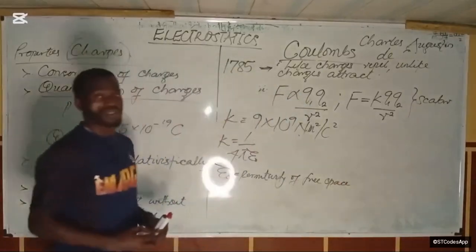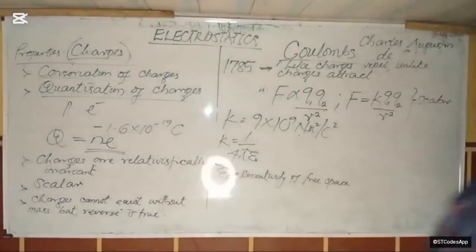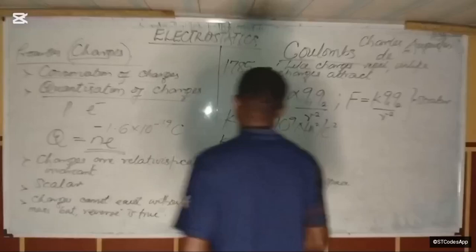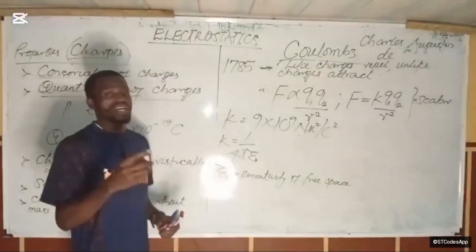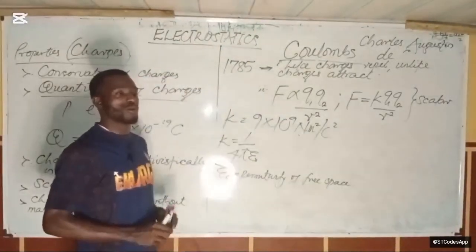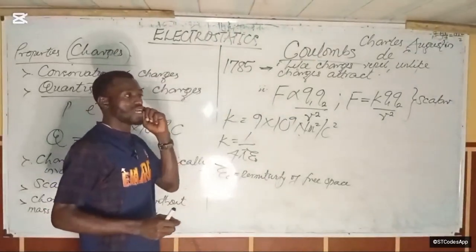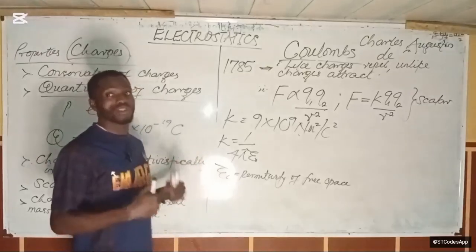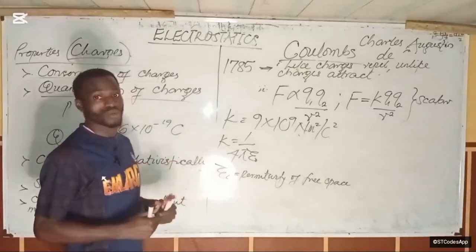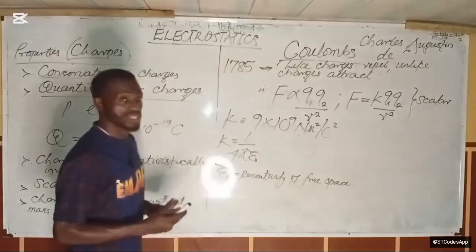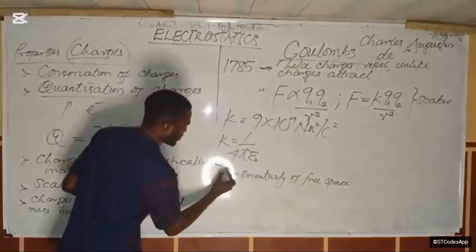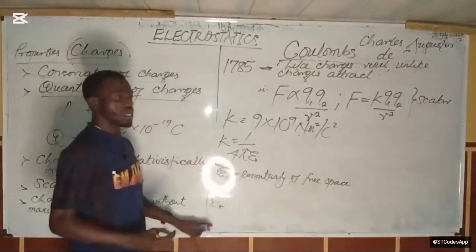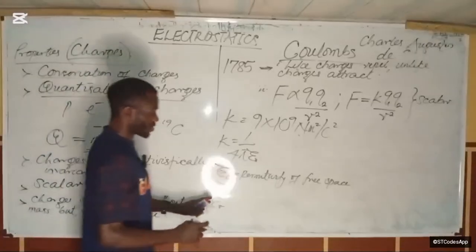Now, what this tells you is that the force is dependent on the permittivity of the medium. What does that mean? It means how much the medium allows for the attraction or repulsion, how much the material allows for electrostatic force to actually act. That is what we mean by permittivity there. So there is permittivity of medium and there's relative permittivity. I'm going to get into this in just a few moments.